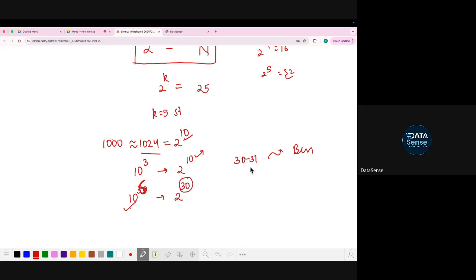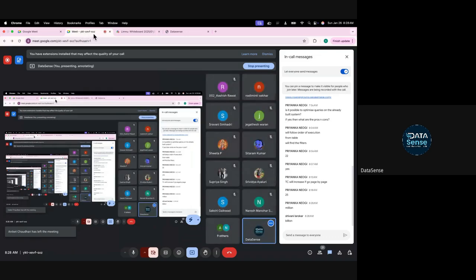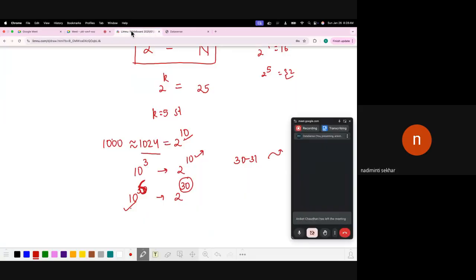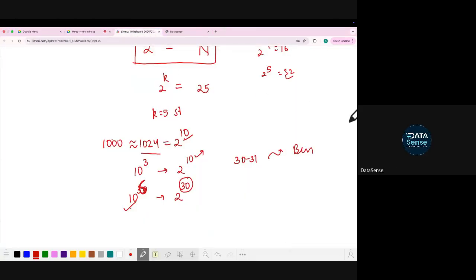Is it confusing? No, but then why are you not answering me? For a data of a million rows, binary search is going to take 31 steps. How many steps is linear search going to take? 1 million. 1 million. Billion. And think about a billion. So it is going to keep on increasing.